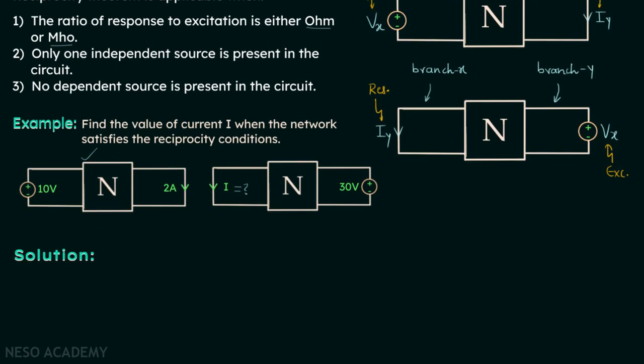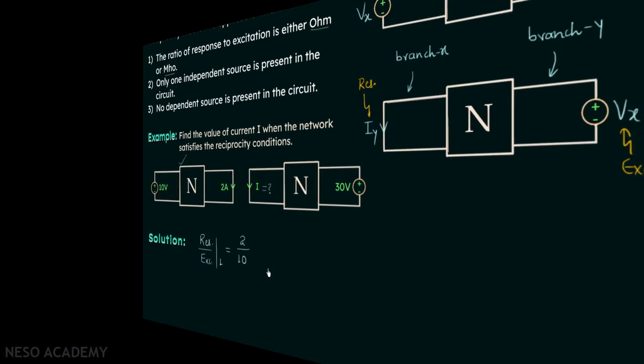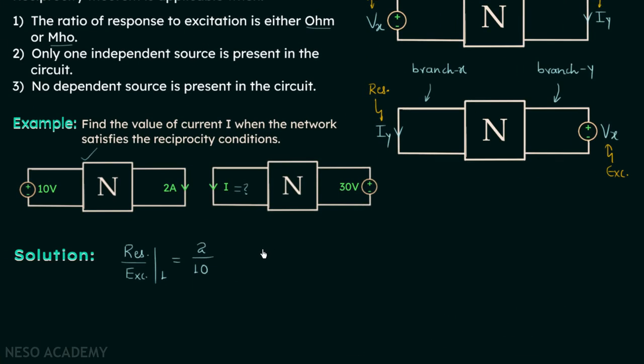We will first focus on case number 1. In case number 1, we will find out the ratio of response to excitation. The response is 2 amperes and the excitation is 10 volts. Let us now find out the ratio of response to excitation in case number 2. The ratio of response to excitation in case number 2 will be I over 30 volts. And according to the reciprocity theorem,